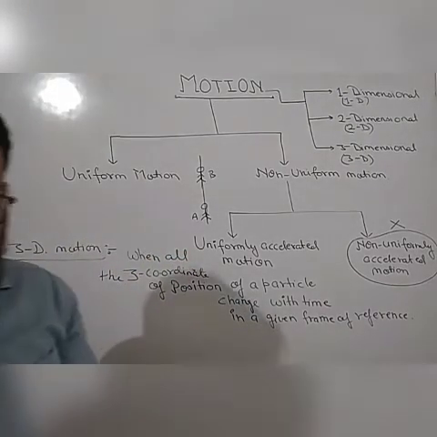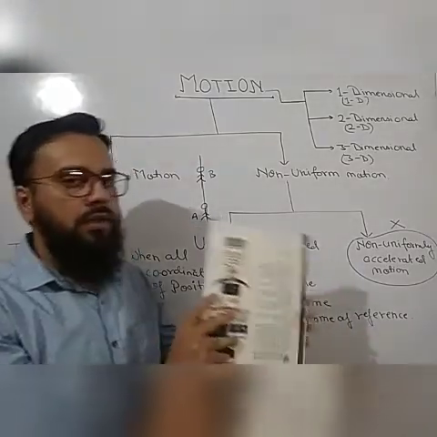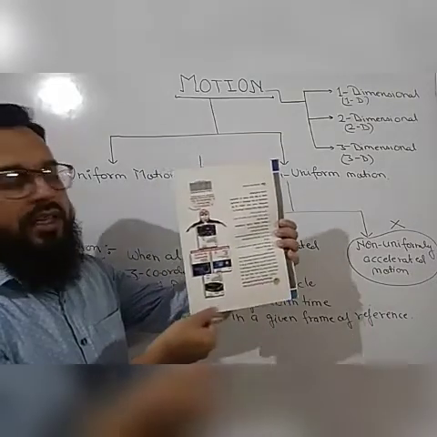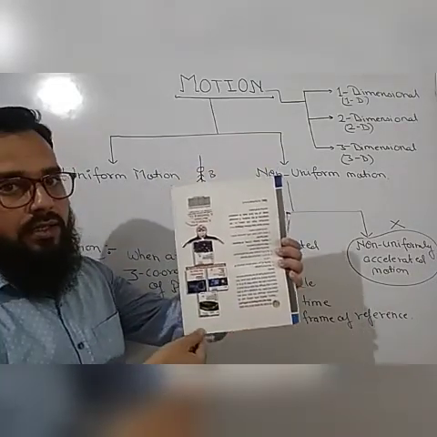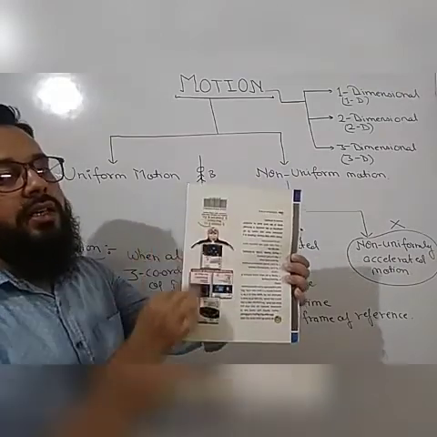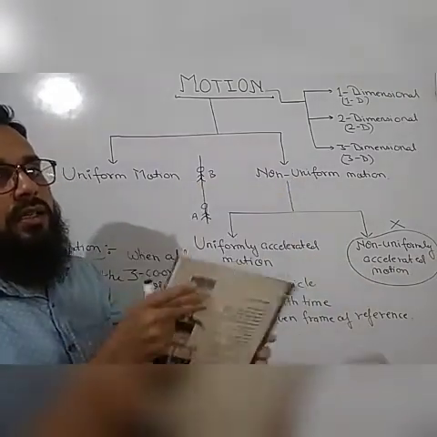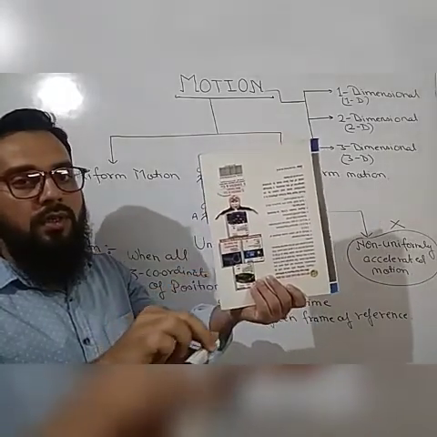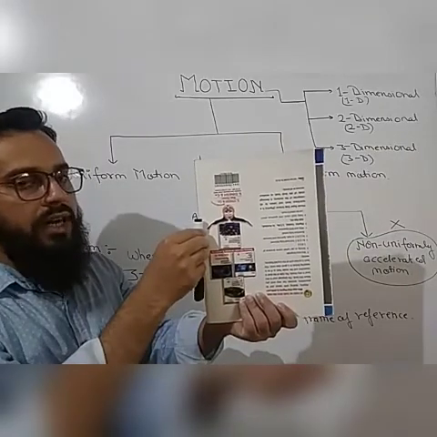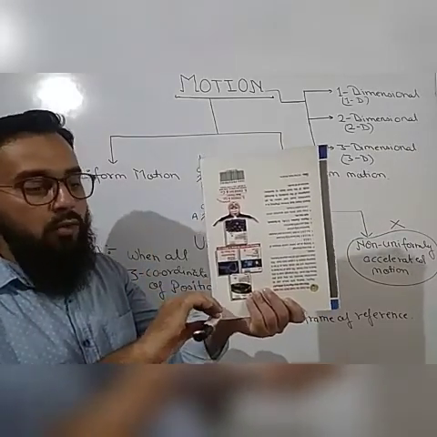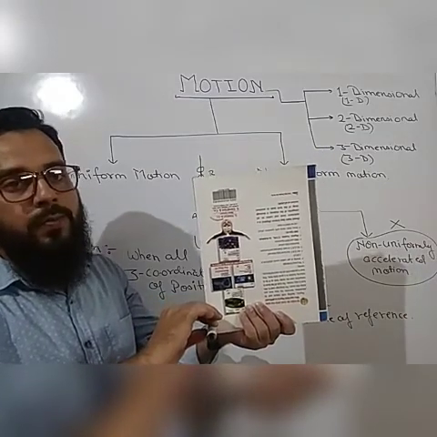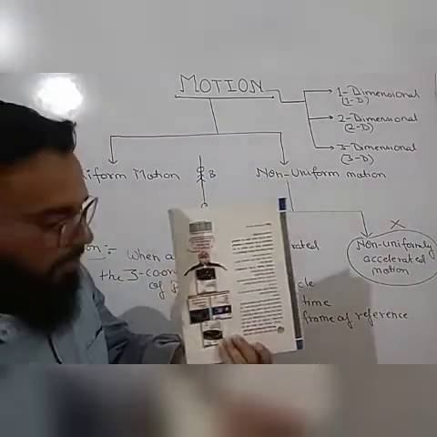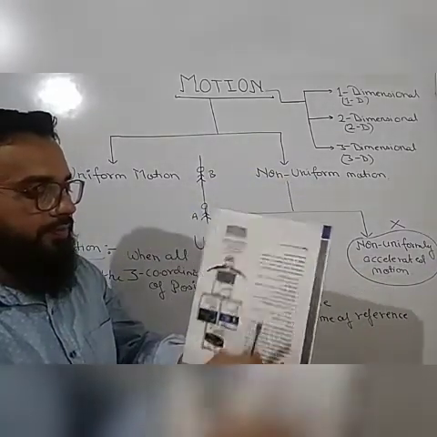Okay, let us take another example. Suppose this is our book. This border of the book will be considered as the x-axis. This border of the book will be considered as the y-axis. So what is the z-axis? The z-axis is like this, the direction of our marker outside the book. This is our x-axis, this is our y-axis, and this axis that is outside the book is known as the z-axis.